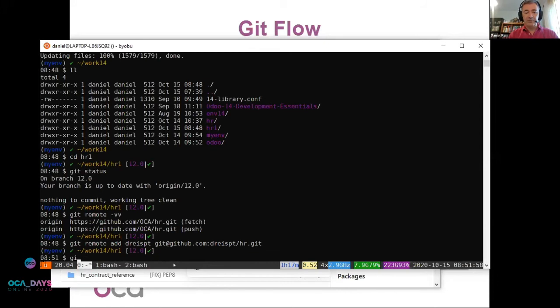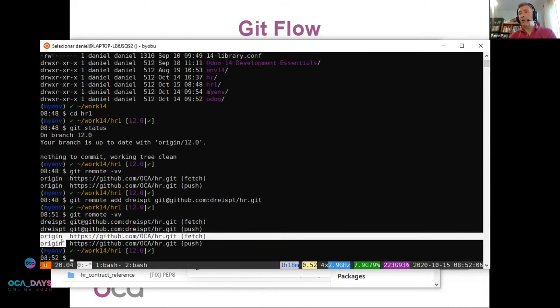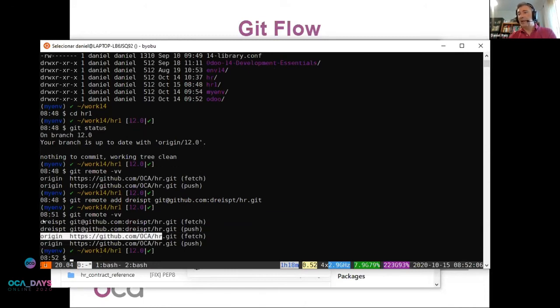Okay, so if I now list the remotes, I get origin, that's the OCA, and I have Reis PT, that's my personal fork. So I'm going to pull code from here and I'm going to push code here. This is my fork where I push the code. And if I go to git status again,